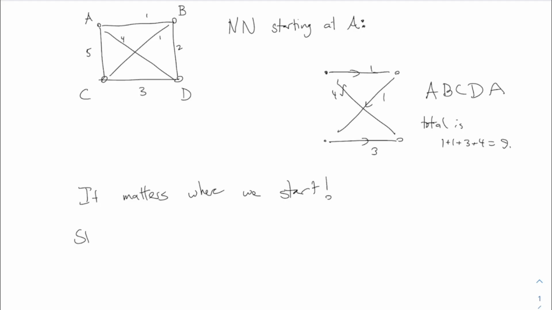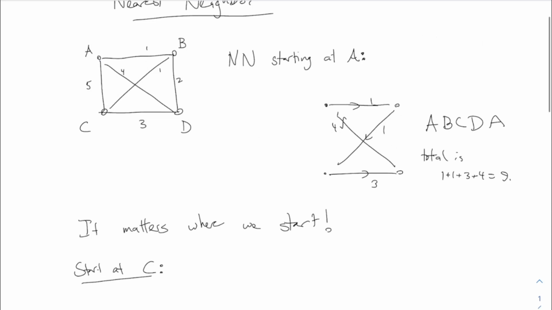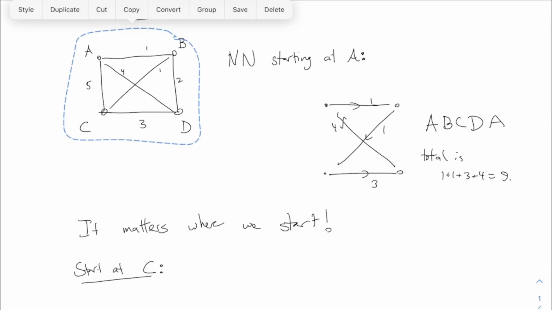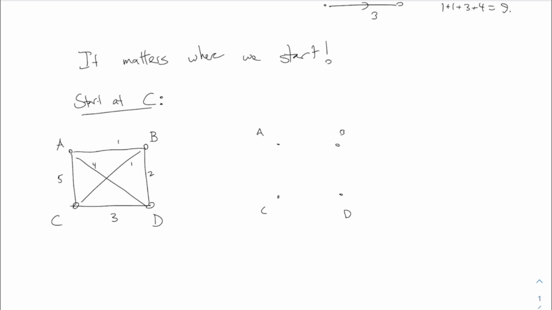So what if we start at, let's say, C? I'm going to copy this picture down here so I don't scroll away. What if I start at C instead? So I'm going to draw my answer over here. A, B, C, D. Starting from C, where should I go? My choices are straight up for 5, diagonal for 1, across for 3. I'm going to go diagonal for 1. All right. And now from B, I'm going to go